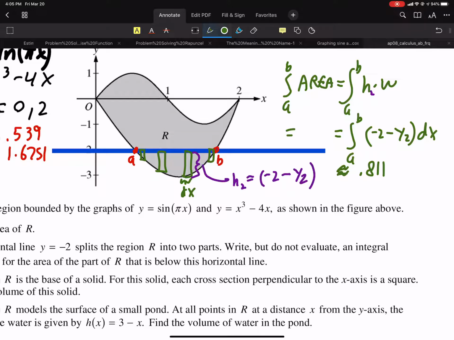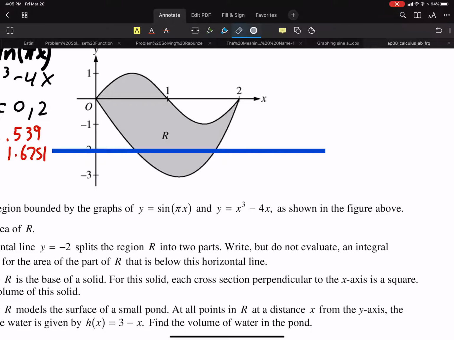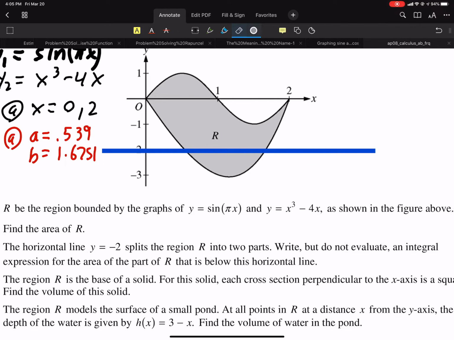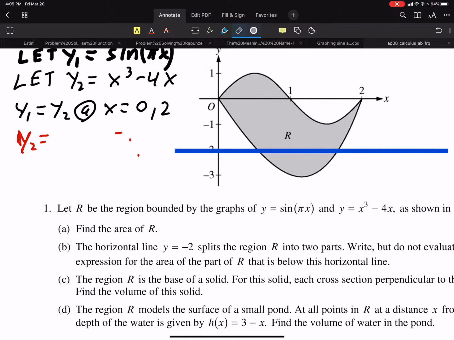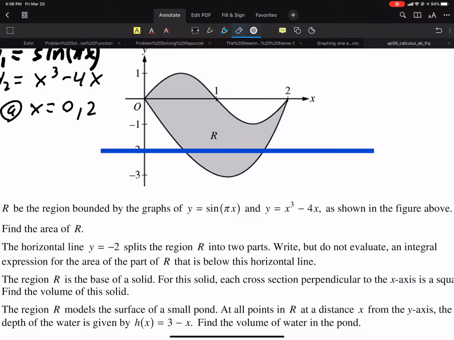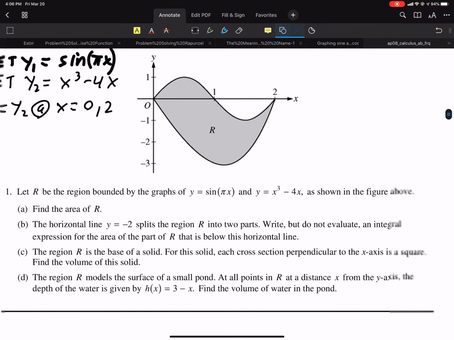Let me erase all that work. Back up, get my eraser, and we will do part C. Let me get rid of this one also. I don't need any of this. And that blue line, I should be able to get rid of that. Okay. So we are placing in part C